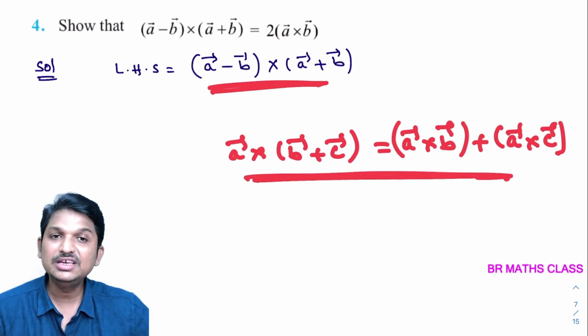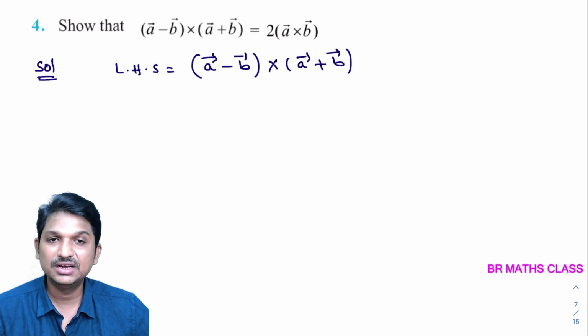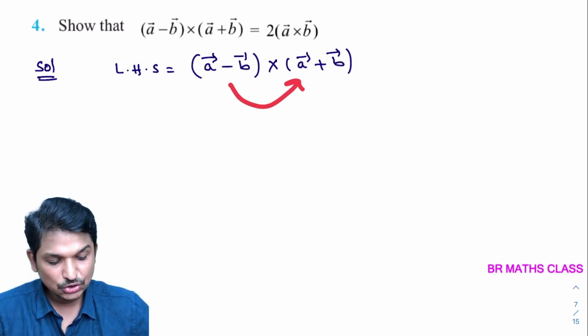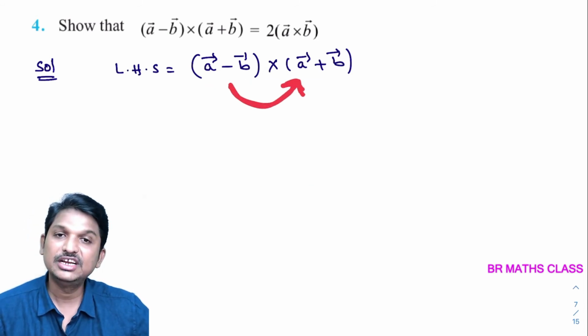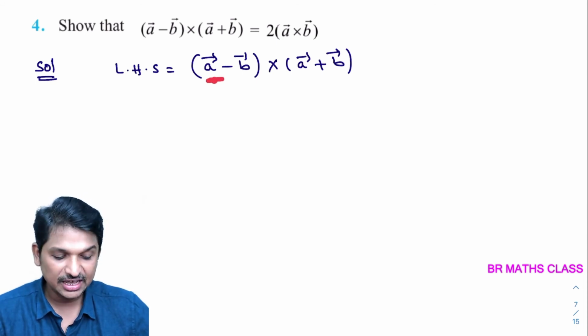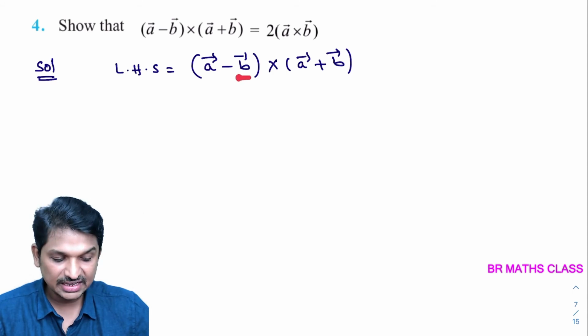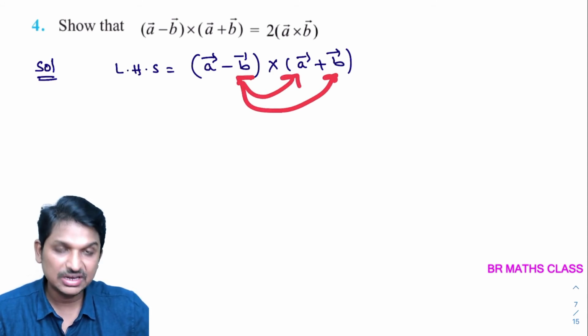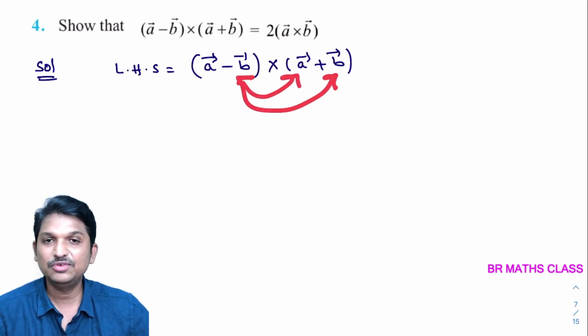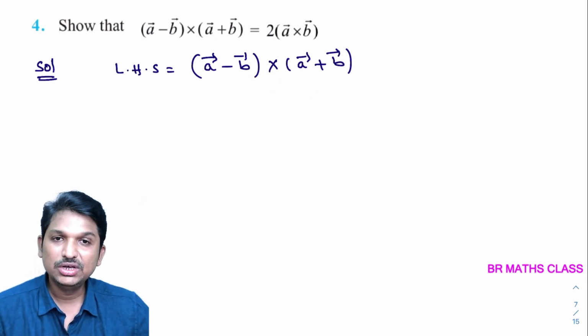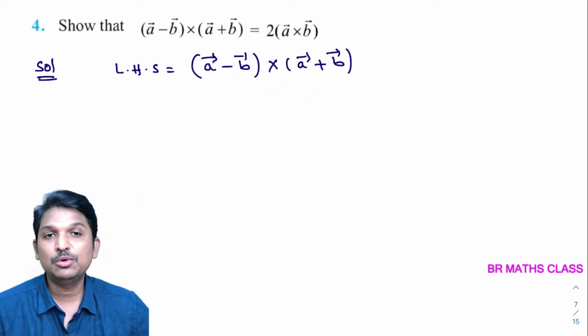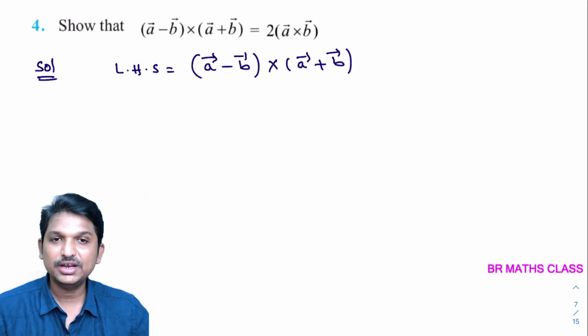If I explain this problem with the help of this formula, you will get confused. There is an easy method. What is the easy method? You just do it like a normal multiplication. In normal multiplication, we take A bar and multiply with this, and then multiply with this. Next, we take this B bar and multiply with this, as well as with this. We'll do it like that. I'll do it just like a normal multiplication, but remember that it is not a normal multiplication.